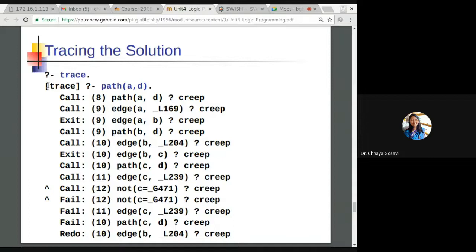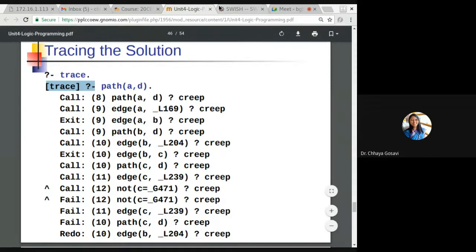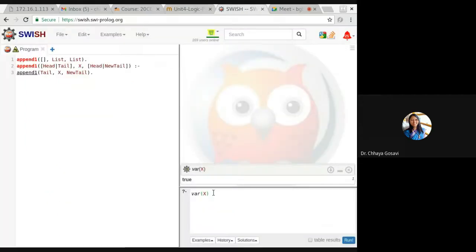Now this trace command is not working with the online editor. You can download a Prolog interpreter and check how to trace. So you just have to type trace and dot. Here it will return true because it checks whether trace is an inbuilt function or not. It is just returning true. It should go to that trace prompt, and there I should call append a comma b and c, x comma y, and it should show me internal steps like here.